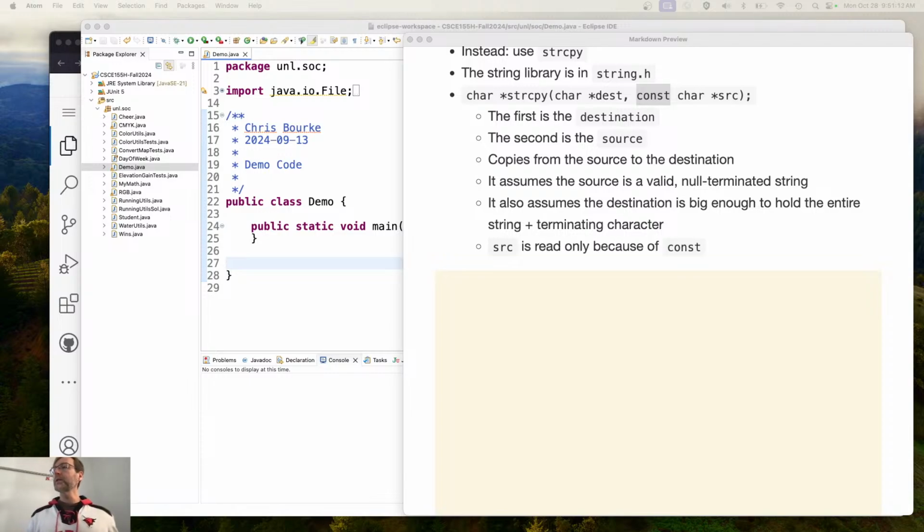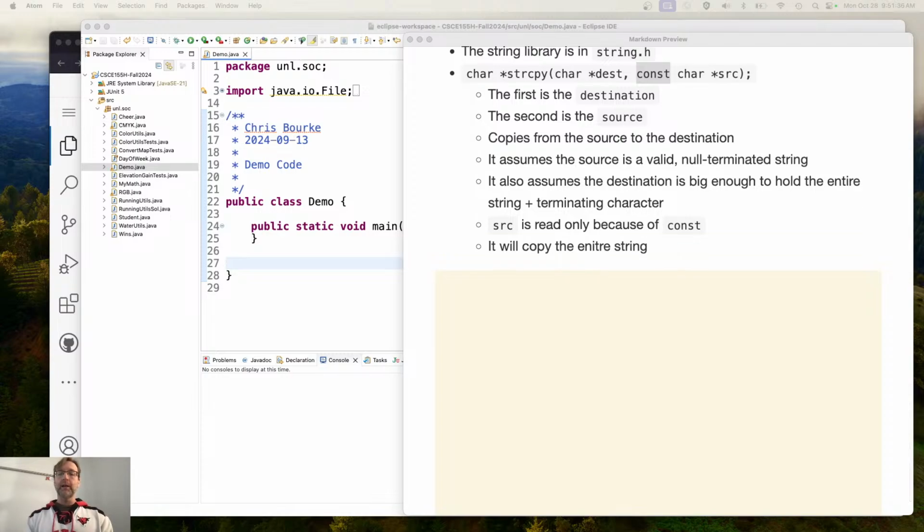Well, why doesn't destination have a const on it? Because you are going to be writing to it. If it has const, then of course you wouldn't be able to write to it, and you'd be stuck dead in the water. So again, all of those assumptions have to be there. However, at the end, it will copy the entire string and add the null terminator for you, if everything goes correctly. If it's big enough and the source is null terminated, it'll copy all that stuff over